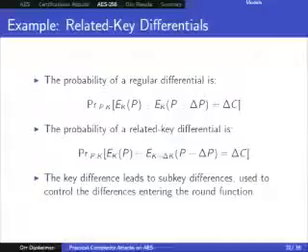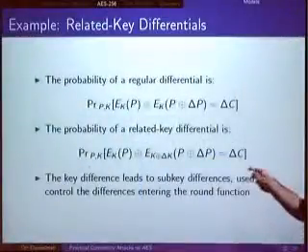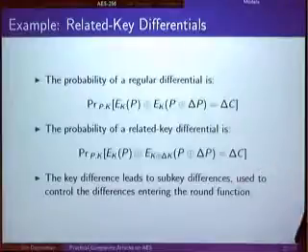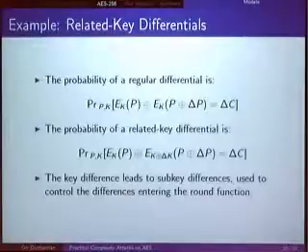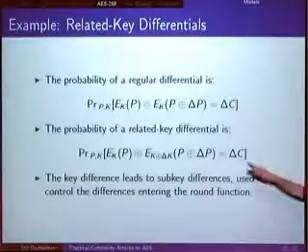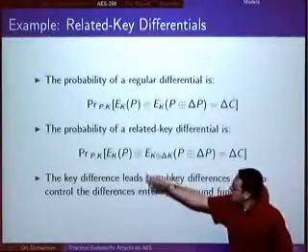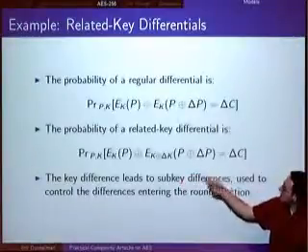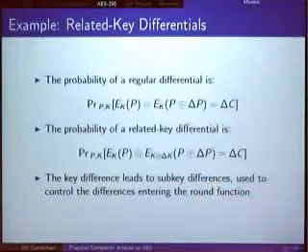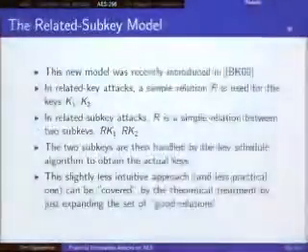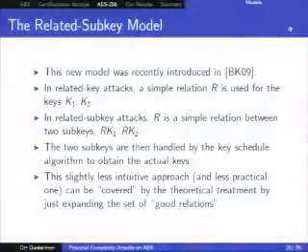So for example, if you discuss the probability of a differential, you take the probability when you pick a random plaintext, encrypt it under the key, so you give it to the oracle, and you take a plaintext with some plaintext difference, and you ask what's the probability of getting some specific ciphertext difference. So for round AES, the probability here is bounded by 2 to the minus 110. In related key differentials, we have the encryption of P under the key K and the encryption of P XOR delta P under the key K XOR delta K. And these probabilities tend to be very different when you allow yourself some key differences. Okay. Now, the related subkey model